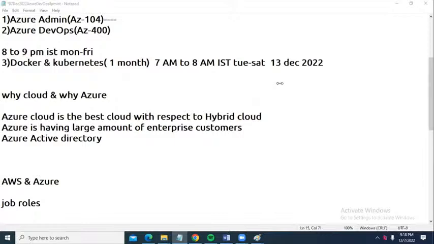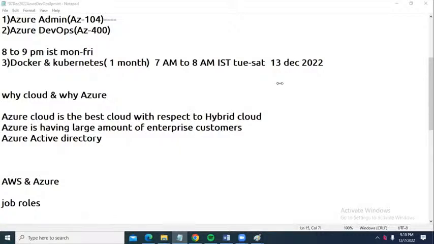Here everything is public, while you are saying it is a combination of public and private. Here the hardware is not owned by us; it is owned by the cloud service providers. In your case, your organization owns the hardware, but here the complete hardware is managed by the Azure people only.